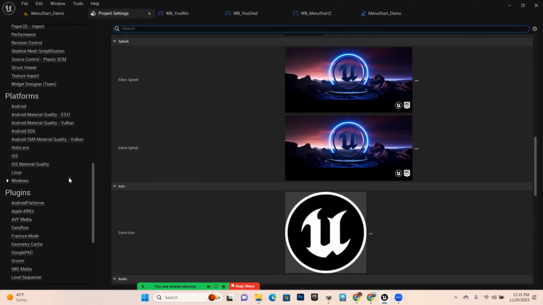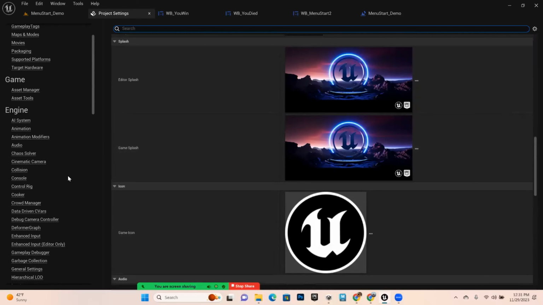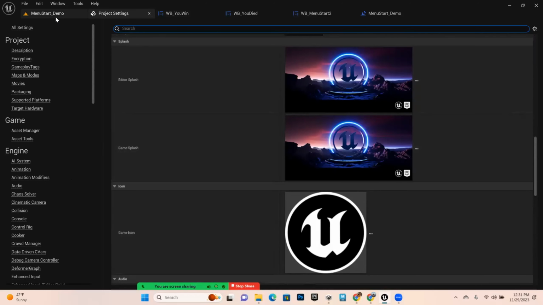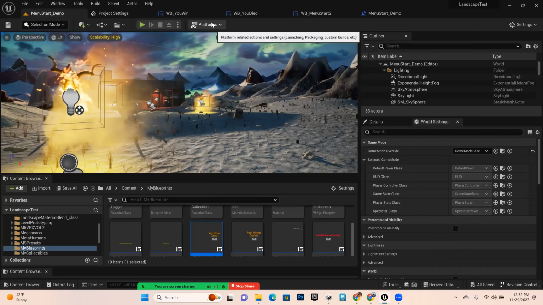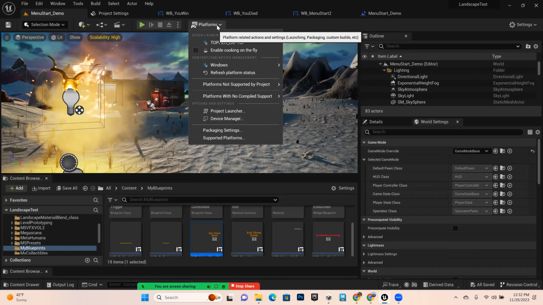Okay, that's really all you need to look at in here under project settings. Set those things, go out, save your project, and then you can do your build. So the actual build is under platforms right here at the top of your view. So if you click on platforms, you're going to see